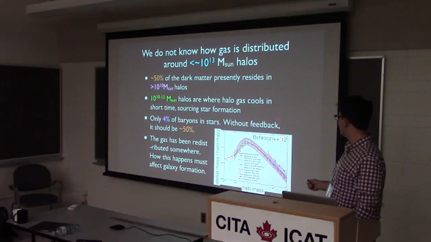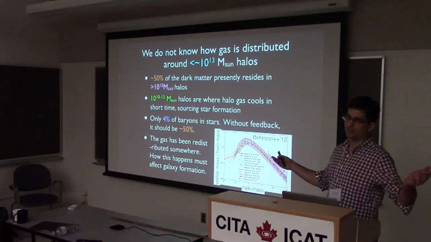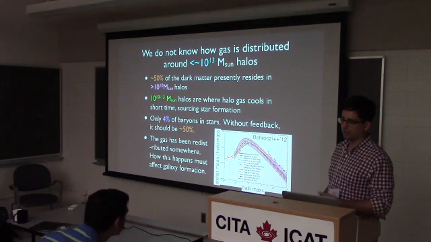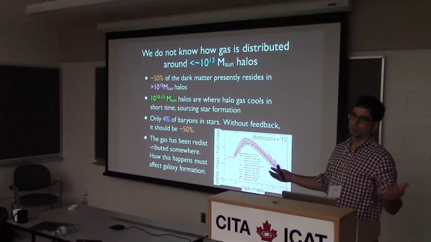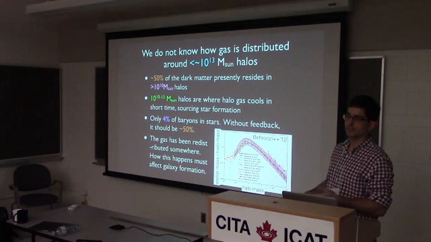And this is because of feedback processes. Namely, when stars form, they put in a lot of energy and die soon via supernova and other processes. And also for high mass galaxies, we think the black holes in the center of the galaxy are also